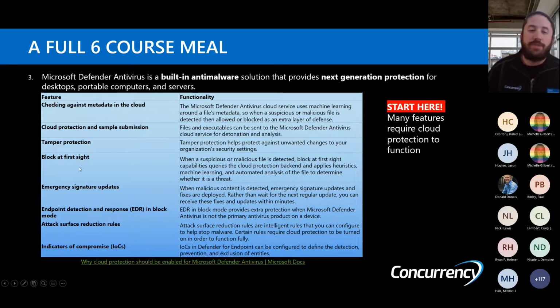You also have block at first sight, where if it sees an executable running, it goes to that cloud-based protection, looks at the heuristics, and determines if it's a threat. It'll shut it down immediately. Emergency signature updates: if there's a 0-day, which Defender does a great job of protecting the posture of the machine against, the definition updates aren't as critical, but those are still at the core of that Defender antivirus